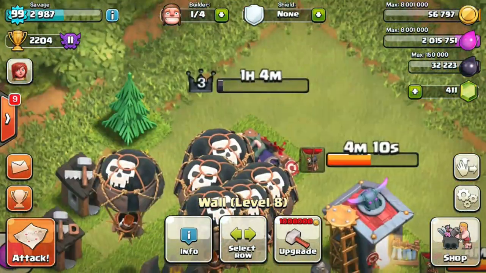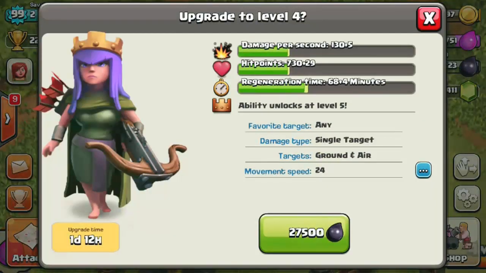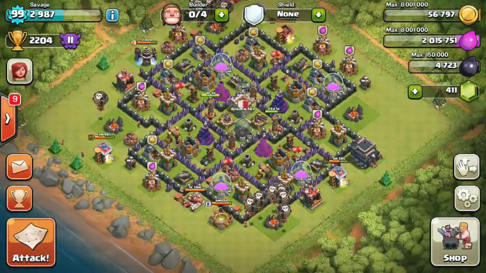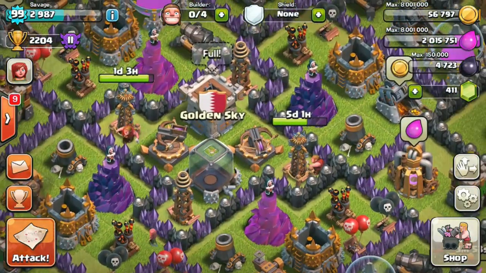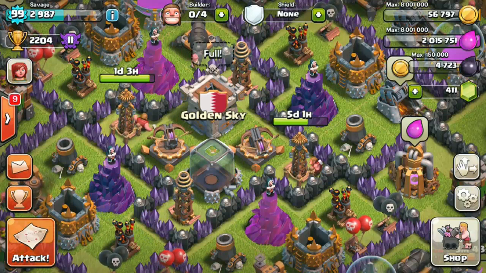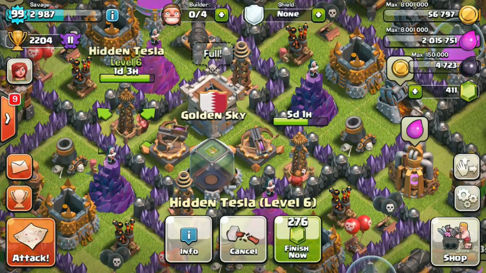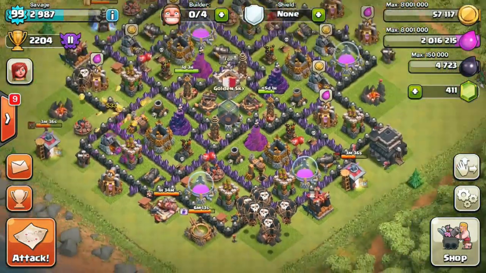So now that I have to use this builder, let's go ahead and upgrade our Archer Queen to level 4, and it's going to take only a day and 12 hours, which is pretty fast. So the next couple of days is going to be definitely a crunch time. I'm very happy that it's the weekend because I will have to get quite a lot of Dark Elixir. If you remember, I need 50,000 for Hog Rider, and also my Barbarian King is going to be done in about an hour and a half, and I have one Tesla also coming up,